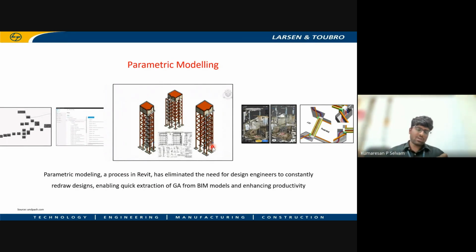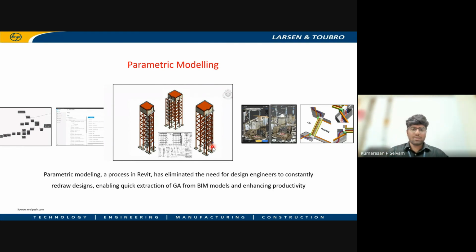So we are creating a parametric model where only the dimensions will be changed, and it will be utilized in every place, instead of developing the model from scratch each time.